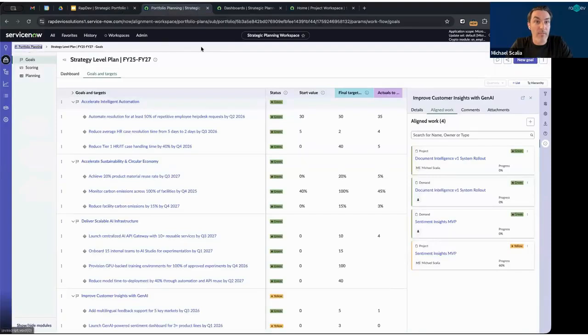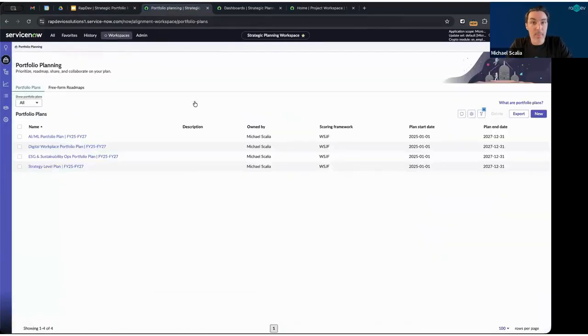Our demo instance and open up Strategic Planning Workspace. I'll start by introducing a fictional organization that has mainly 3 portfolios that they're looking at: AI, ML, digital workplace,